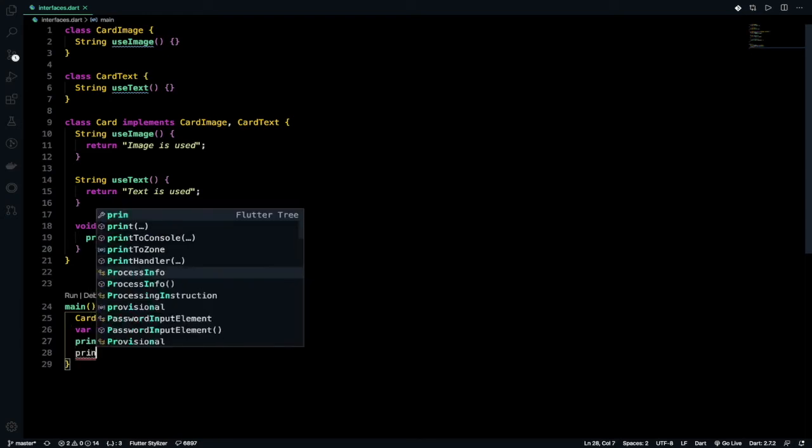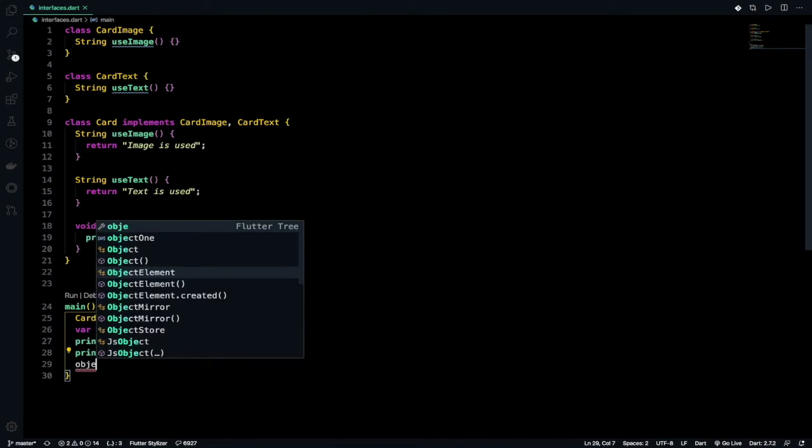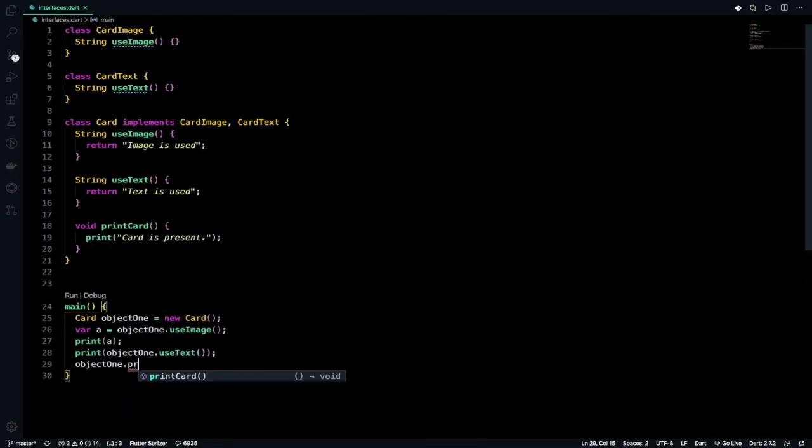Similarly, I can use this also, object1 dot use text, like this. I can print it, and I can also call print card, like this, object1 dot print card, and put a semicolon. This is the main thing.